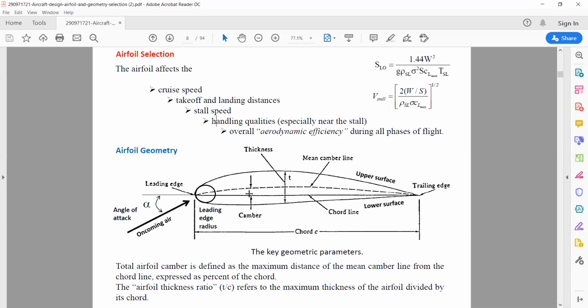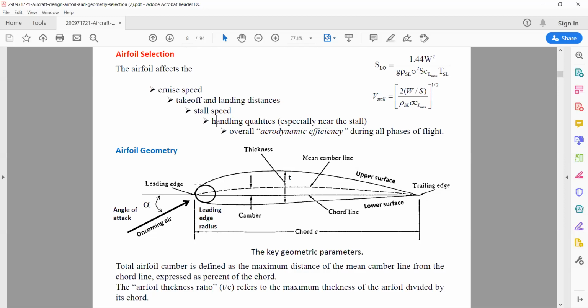For a symmetric airfoil, there will be zero camber. You can see this line is called the mean camber as well as the camber. And we don't have any difference between the chord line and the mean camber. Such types of airfoils are called symmetric airfoils, meaning I can cut this airfoil equally into 2 pieces. But in the cambered airfoil, what happens? We can see concavity at the trailing edge. I will discuss it.